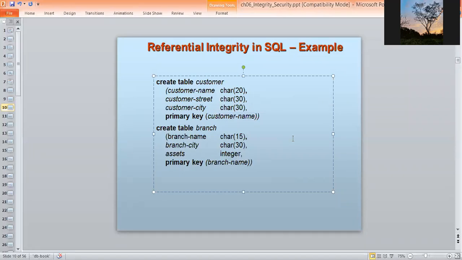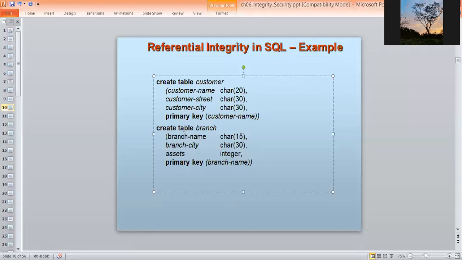While creating this table customer, these are the attributes along with their corresponding data types. Here it is written CHAR, it can be varchar also. Out of these attributes, the primary key specified here is customer name. By this SQL command, primary key, you can specify the attribute customer name as the primary key.